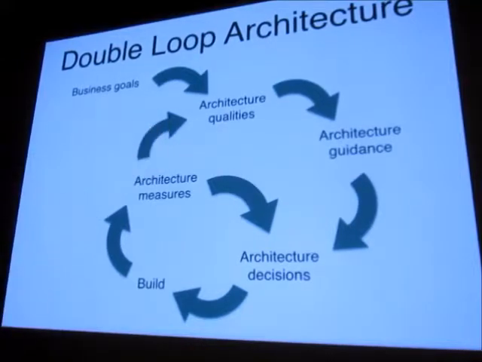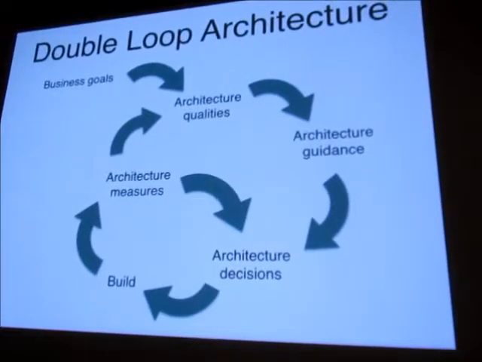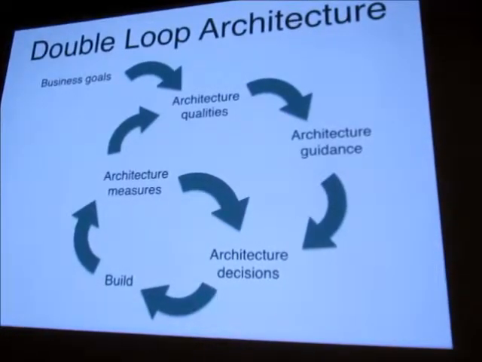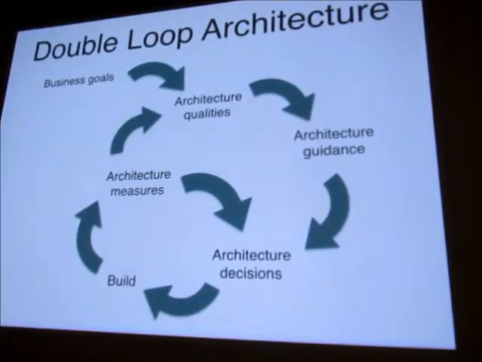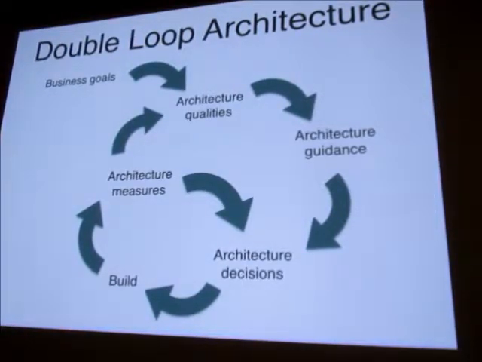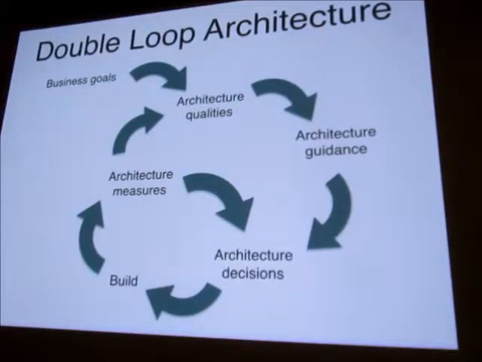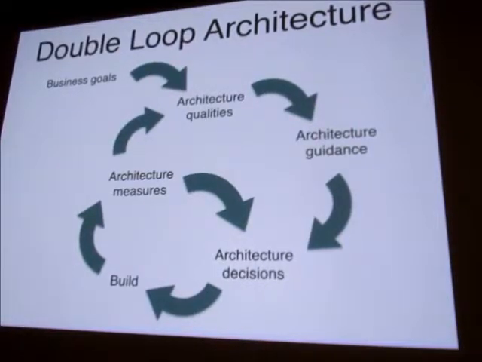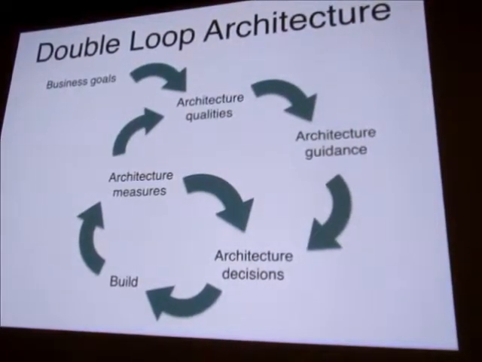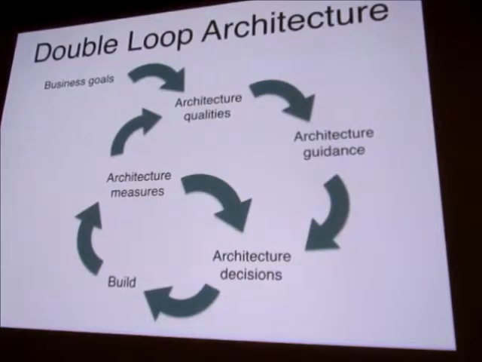And then we define some architectural qualities. Sometimes these might be called non-functional requirements. And from that, we'll talk about guidance, which is identifying some work. We'll have some architecture decisions. We're going to build this piece. We'll go build it, we'll put some measures in place, and we'll see how we're doing against some non-functional requirement. And the idea with the double loop is that we continually review: are we actually still interested in having scalability like X? Or should our shift now be to security or something else?